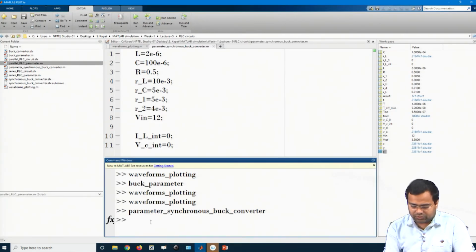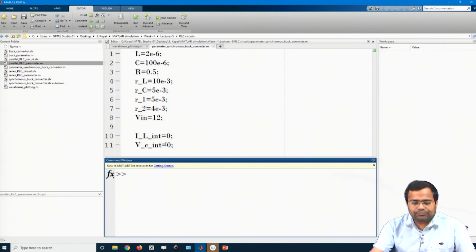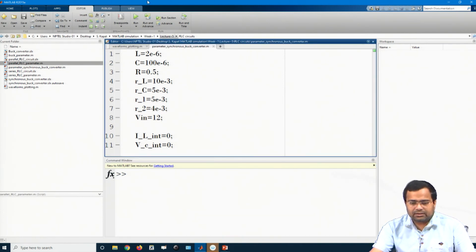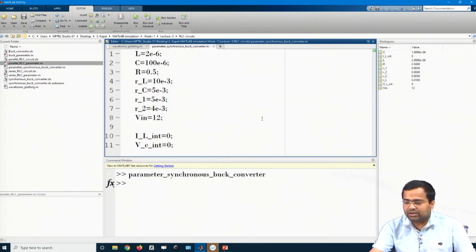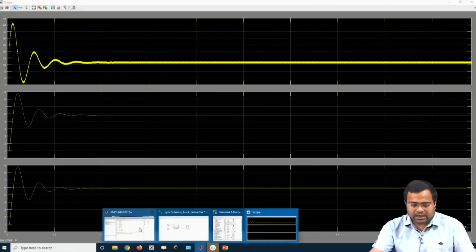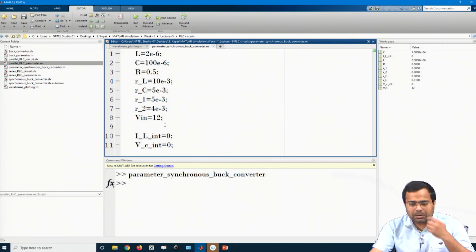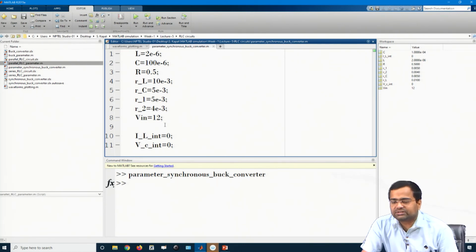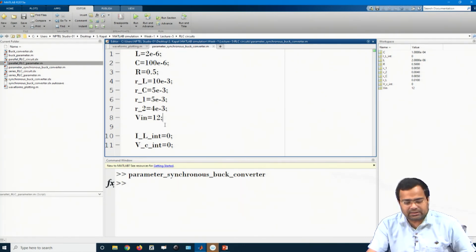Okay, close all. So, what is missing? If we run, it will give an error because, okay, the time period is not set. Time period is not set, but how is it taking the time period?